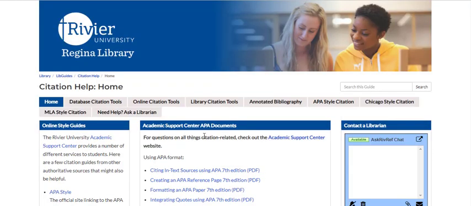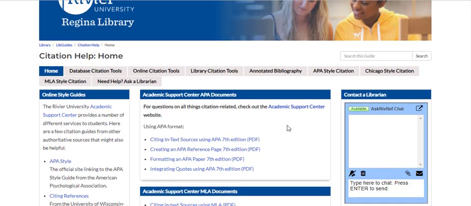This LibGuide was created specifically to help students with the proper citation of resources in their work. Here on the home page, you will find links to a variety of helpful resources, from online resources such as the official APA website and the excellent Purdue OWL, or their online writing lab, as well as documents created by the folks at Riviere's Academic Support Center for both APA and MLA citation styles. They will even help you figure out how to cite ChatGPT